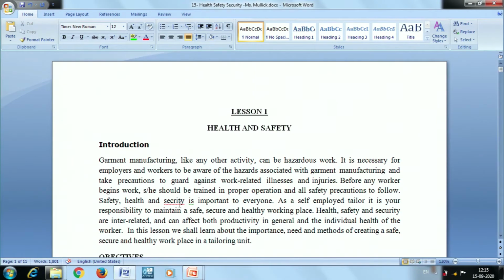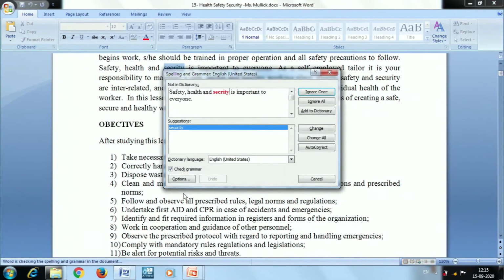For doing the spelling and grammar check, I can press the F7 key. Once you press F7, it will check the spelling and grammar of the entire document. It shows that the word is not right. The suggested word is showing as security. So what I can do is accept.